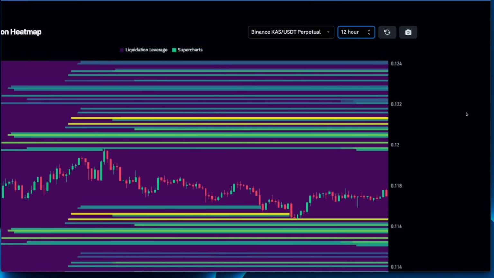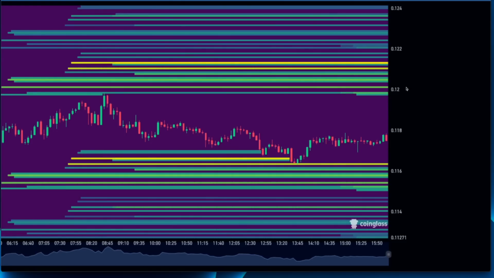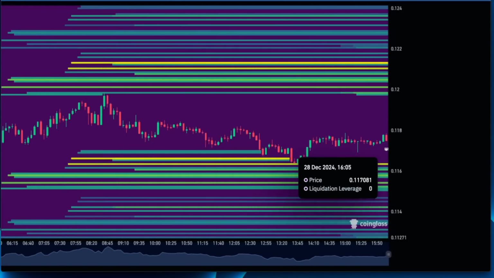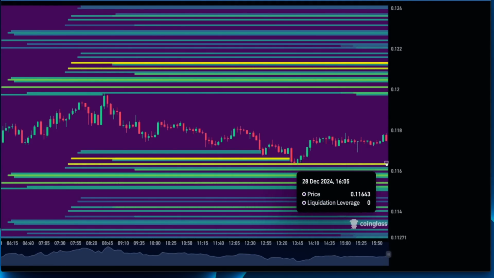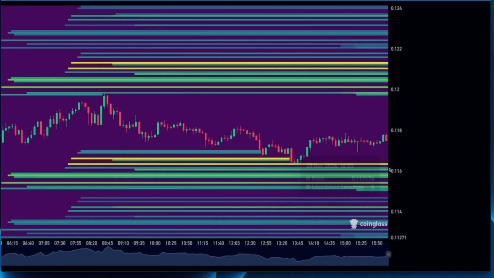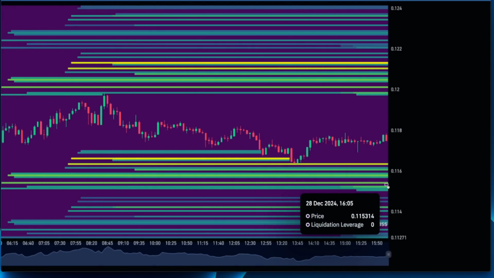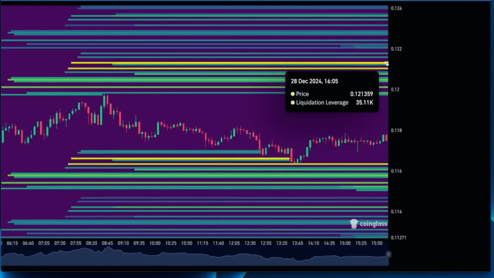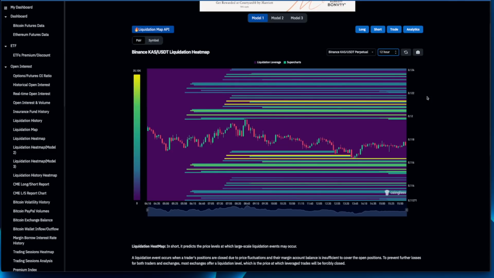Now let's have a look at 12 hourly for our beloved Kaspa, guys, right? So let's argue that the price currently is definitely much closer to block of liquidity at 11 cents 6, and I believe that it's going to travel there. Since it already did in the past, why wouldn't it do it again, right? So guys, what I would expect is a shorter pullback for Kaspa on a daily to, let's say, level of 11 cents 5, and then potentially grabbing that liquidity at 12 cents 1, which could be a good scalp trade based on the liquidity. All right, at some point, again, this liquidity will have to be grabbed anyways.